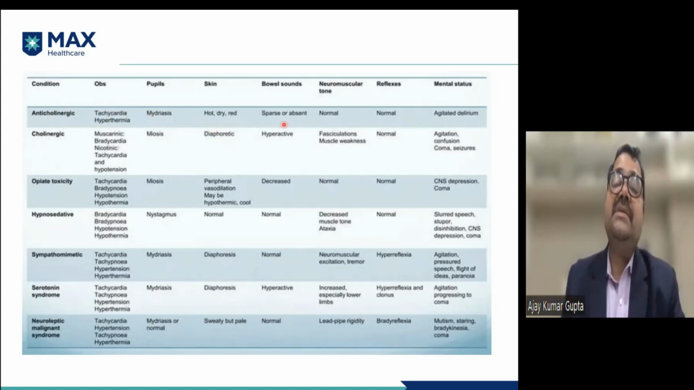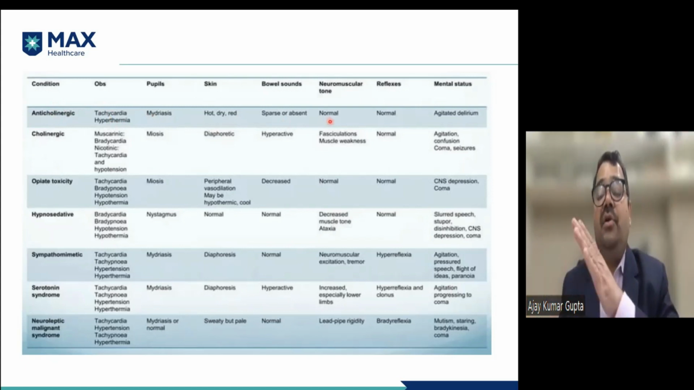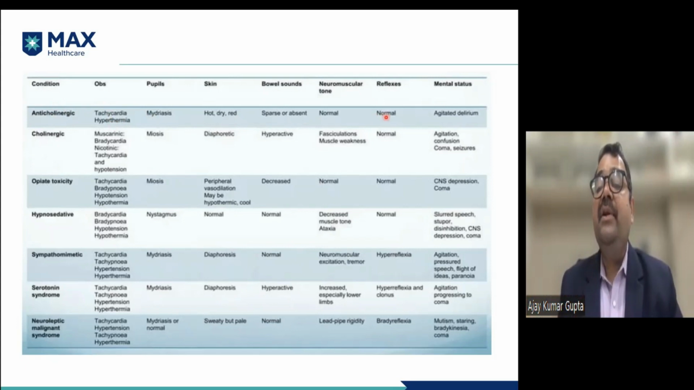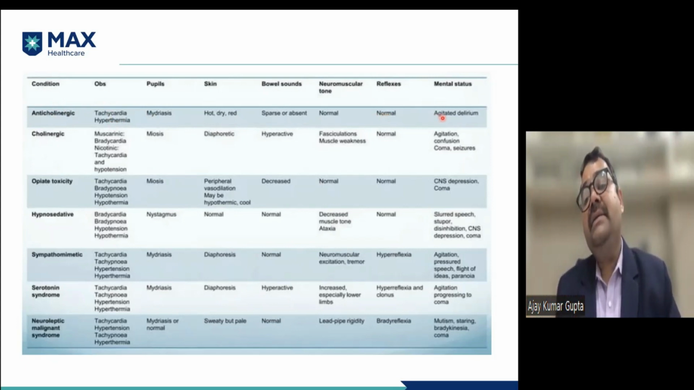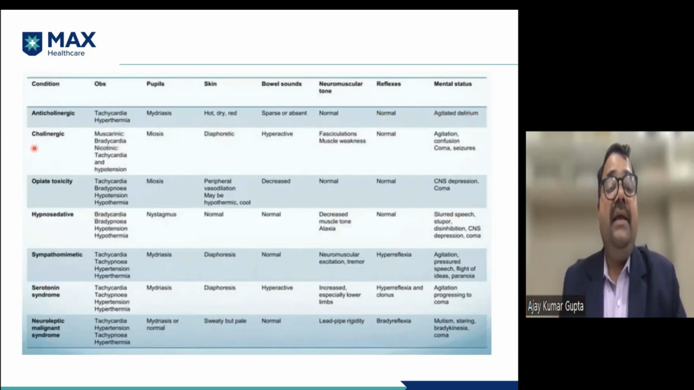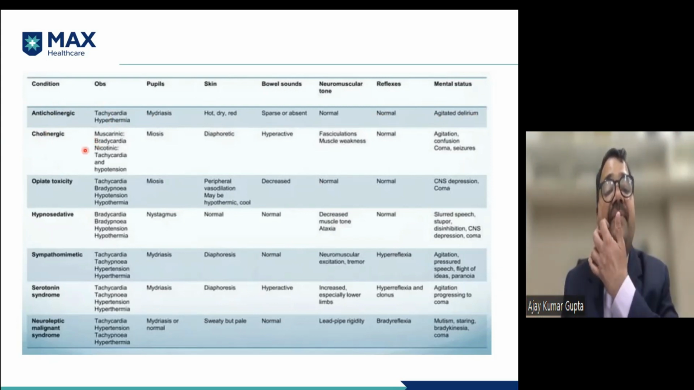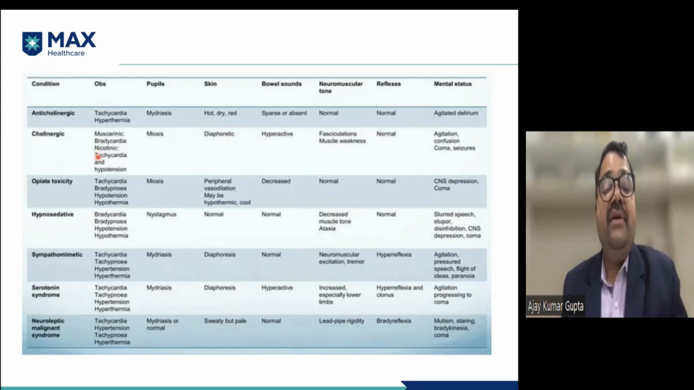The bowel sounds will be sparse or absent. The neuromuscular tone will be normal. The reflexes will be normal. And the mental status is agitated delirium. If we talk about the cholinergic toxidromes, if the patient is having muscarinic side effects, then the patient will present with bradycardia. But if the patient is having more of the nicotinic side effects, then the patient will present with tachycardia